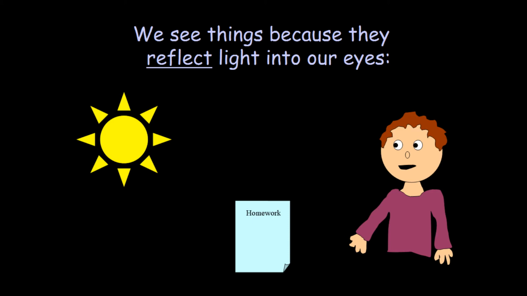So here is the sun, and this is an object, a homework or a book. Light rays come from the sun, strike the surface and bounce back, making an angle of reflection, and enter our eyes, where they pass through the eye lens, the vitreous humor, and several parts of the eye, and finally reach the retina. The retina is a specialized tissue designed to generate electrical signals when it gets stimulated by light signals.